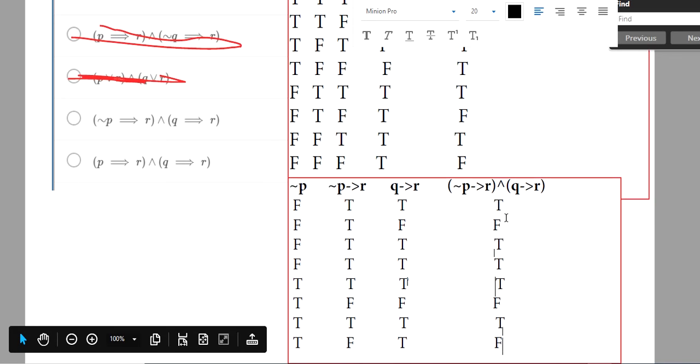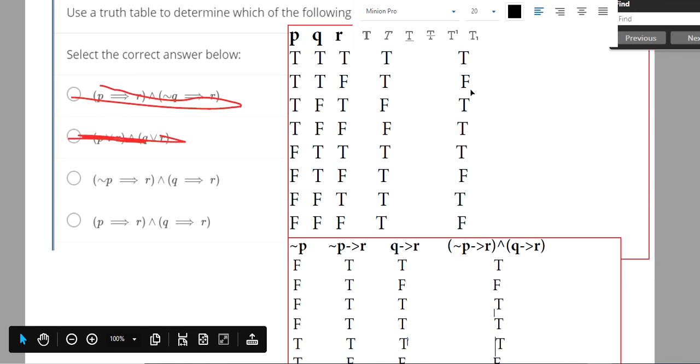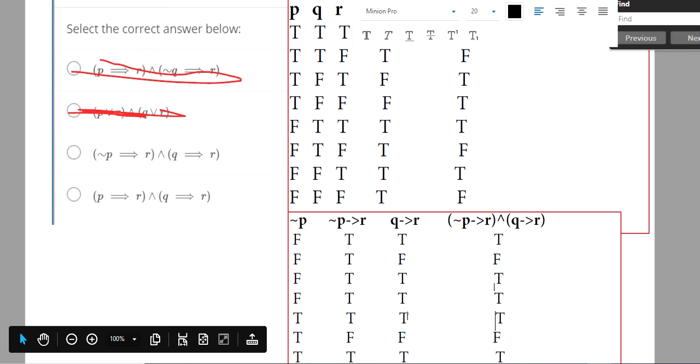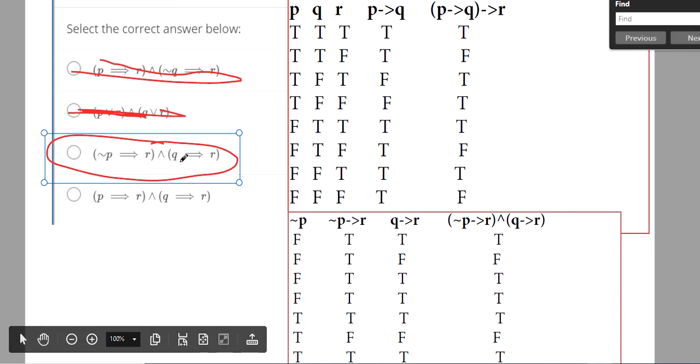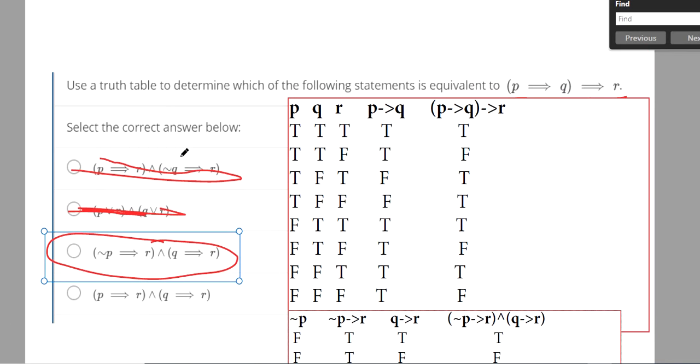So true, true, false, true, true, true, false, true, false. True, false, true, true, true, false, true, false. Oh, thank goodness. That's our winner. Okay? Painful, painful. Fortunately, I think that's all we can do. Later on in the course, we'll talk about simplifying these statements, and that makes it a little easier, but